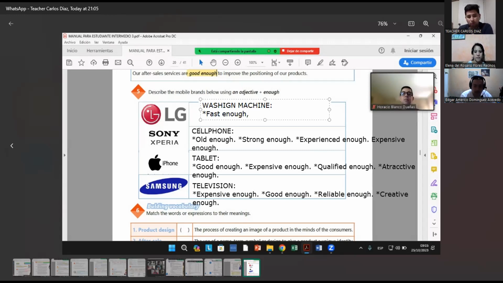And another one, Elena, Edgar, and Lenin, is too, T-O-O. The word too indicates a problem. It's too small, too big, too short. Are you listening? Yes. The word too indicates a problem. Example, right now I am eating a donut. But if it were too sweet, I say, it's too sweet.